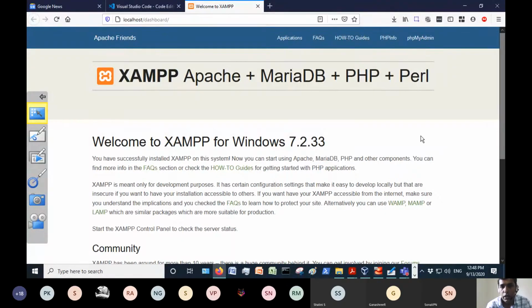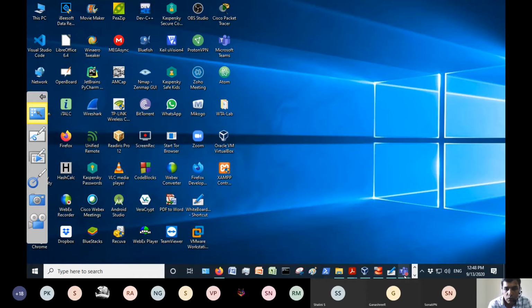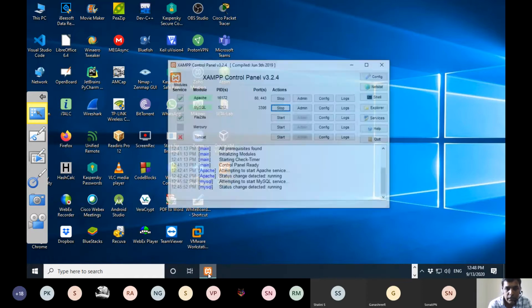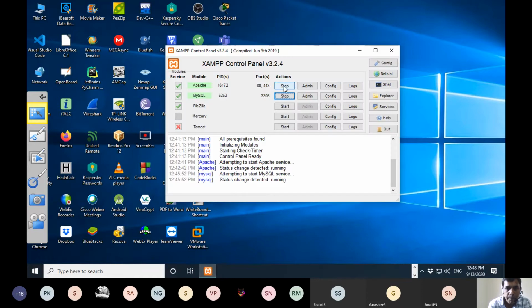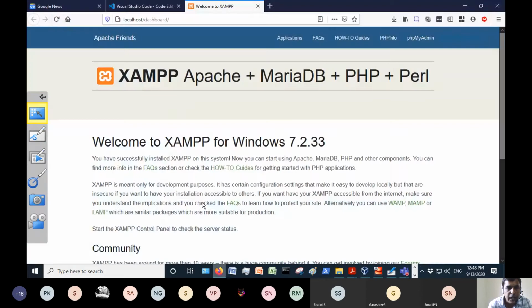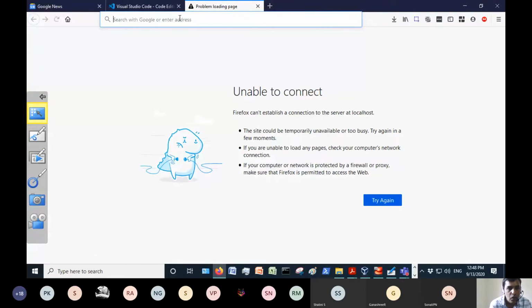For example, if this is not running, let me minimize it. Now I will give the stop, I will stop the Apache server. I stopped it. Now let us try to see the web page, and let me refresh it. You can type localhost, or it says unable to connect.